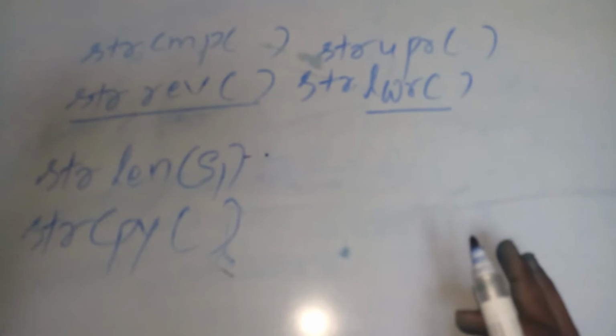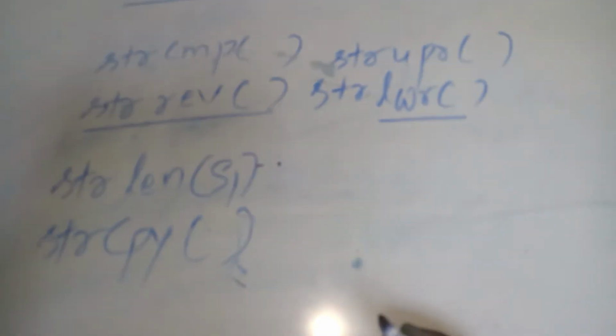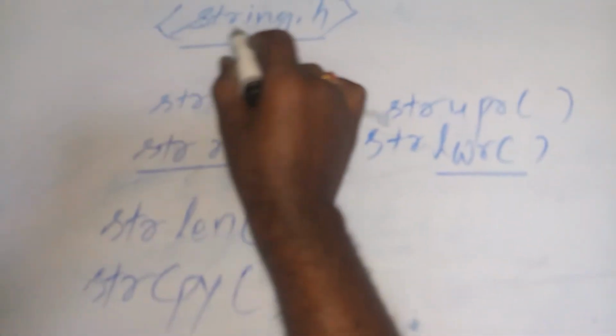strlwr is a predefined function used to get the content in lowercase letters. Like this, different predefined functions are used. N number of functions are there in string.h. We will discuss examples, everyone. Before going to those examples, we have to know some properties, that means some rules and regulations, of our strings concept.